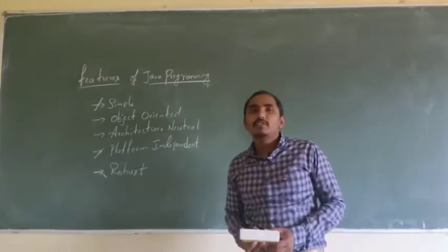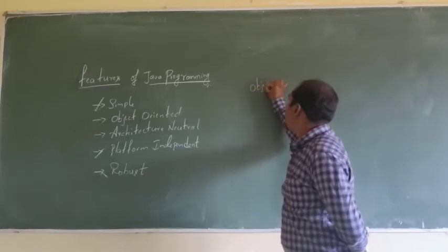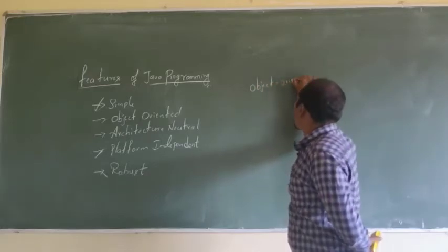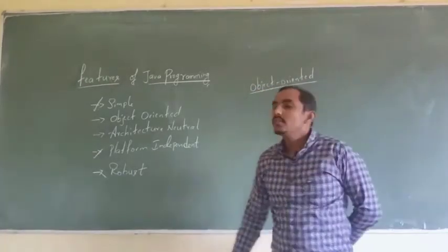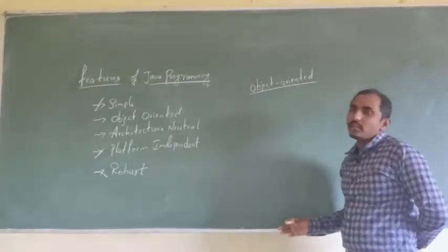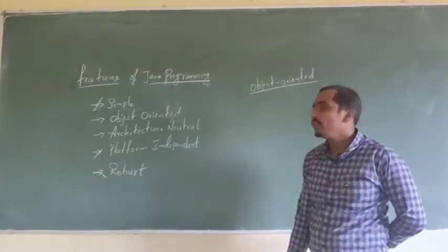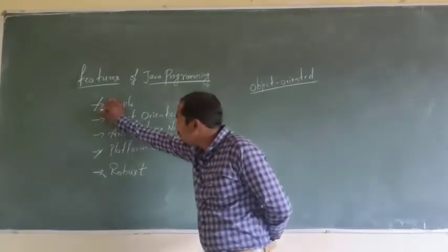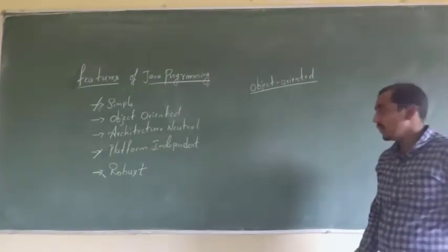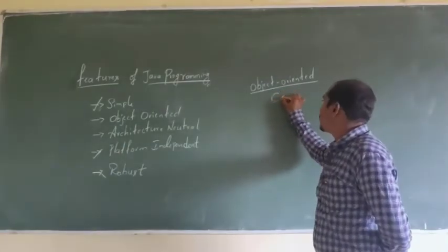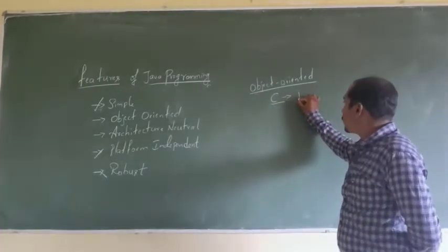Before going to the features of Java programming, Java is considered an object oriented programming language. In this object oriented programming language, we have certain features that are not available in previous programming languages like your C programming language. The first feature is simple. Why is the Java programming language called simple? Because if you consider the programming language that you have already learnt, C programming, in that programming we will